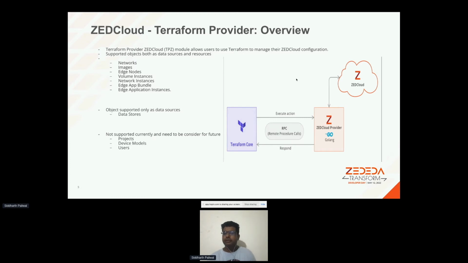objects which we can use as resources and data sources are the networks. So using this Terraform module, the zCloud module, we can create the networks on the zCloud, images, edge nodes, volume instances, network instances, edge app bundle, edge app application instances. Currently only the data store we can read only; creating it is currently not supported. All the rest you can provision on your zCloud using Terraform. And projects, creating project device models and users, currently it is in progress, and we are considering to create